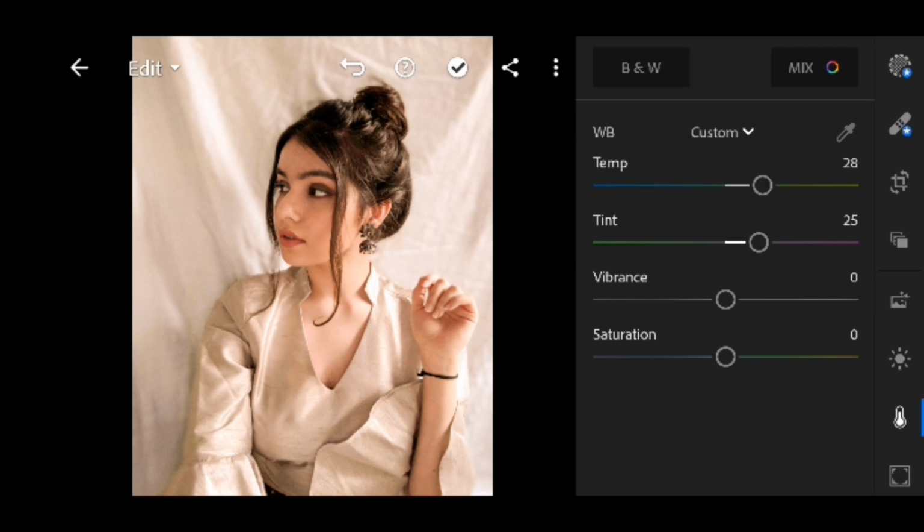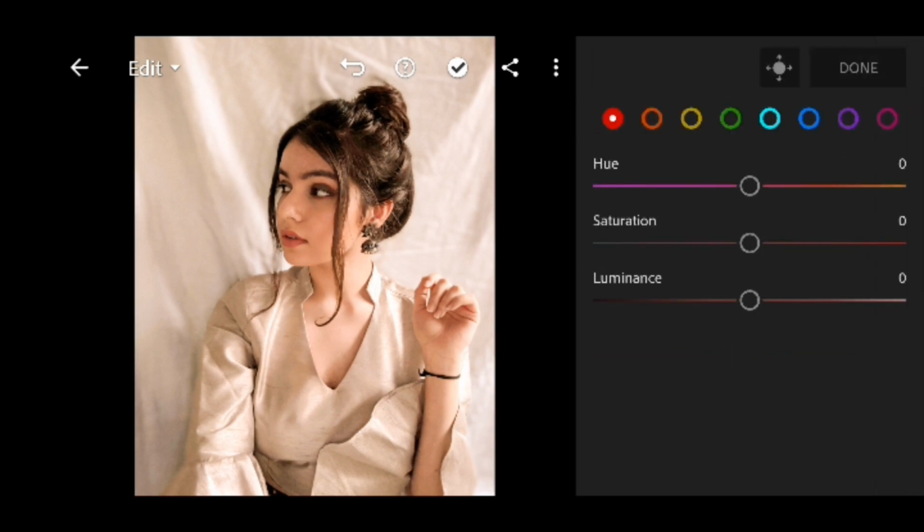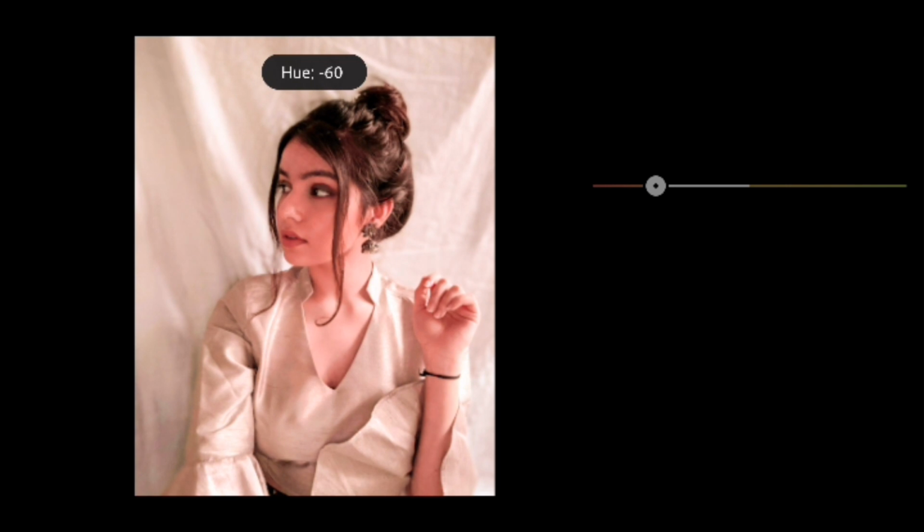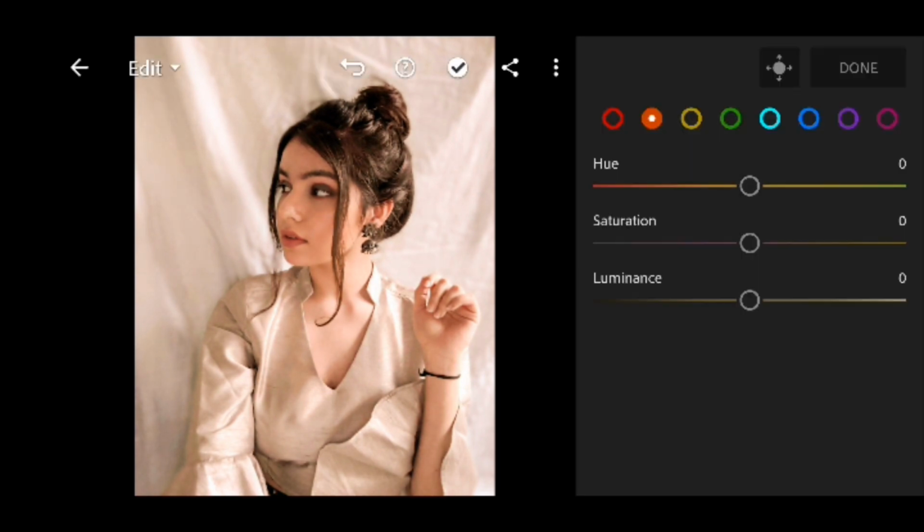Lightroom has this special feature which allows you to change the color of your skin tone or anything you want in your picture. So you can see how this creates a difference, but I'm not going to do it. I'm just going to add a little bit of luminance because I feel that there is not enough light on my face.